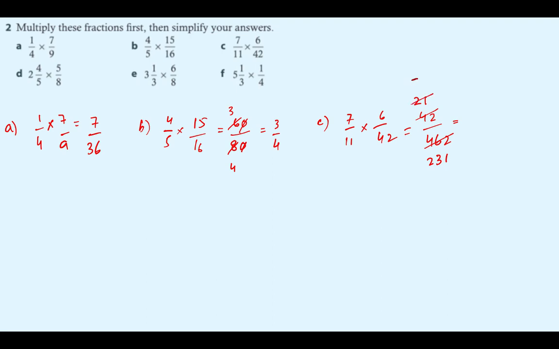So 3 7s are 21 and 3 7s are 21, and this can be simplified by times table of 7. 7 ones are 7 and 7 11s are 77. So 1 over 11 is the answer for part C. Now moving to part D,